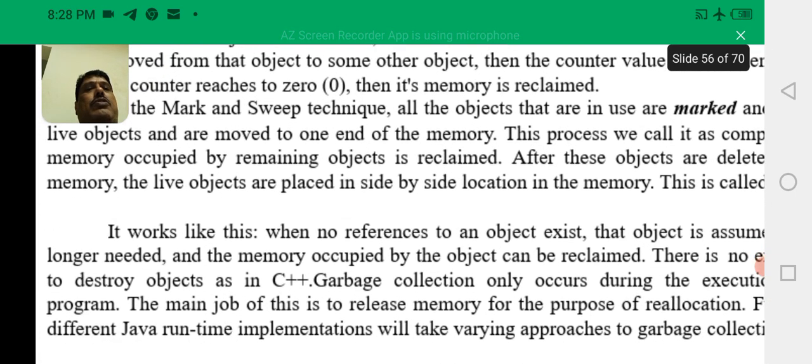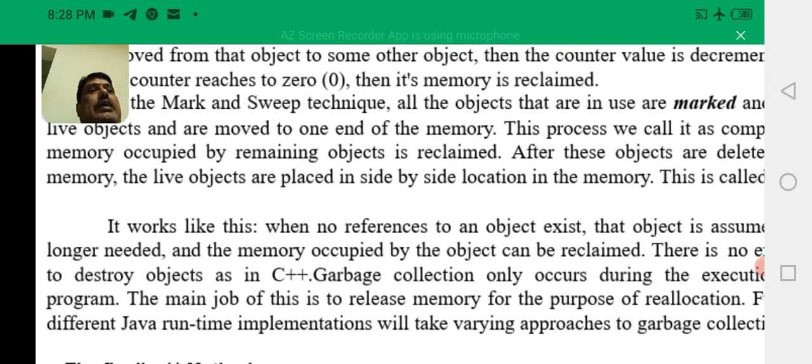So that's how the live objects will be stored side by side in the memory. After their functionality is completed, they'll be removed from the memory, and that particular memory is occupied by the objects which are kept at one corner of the memory.